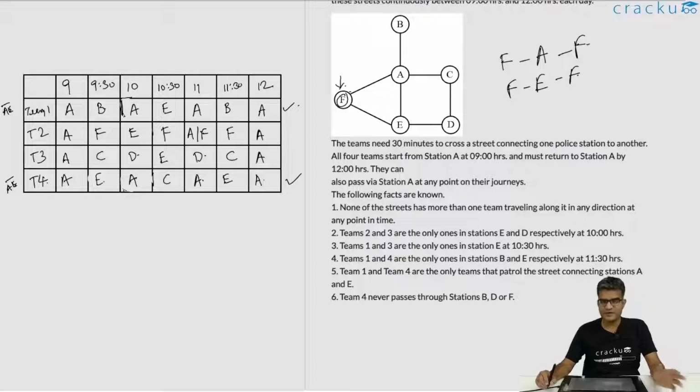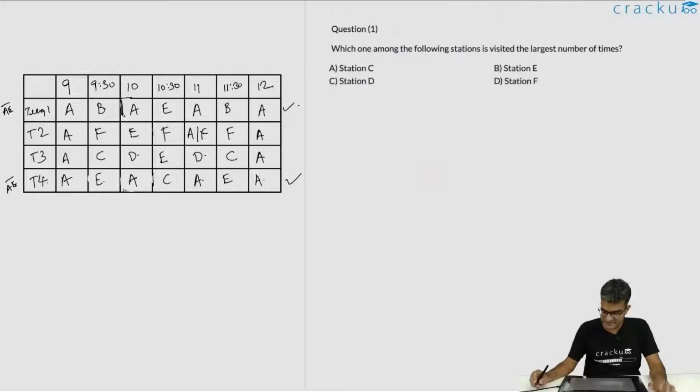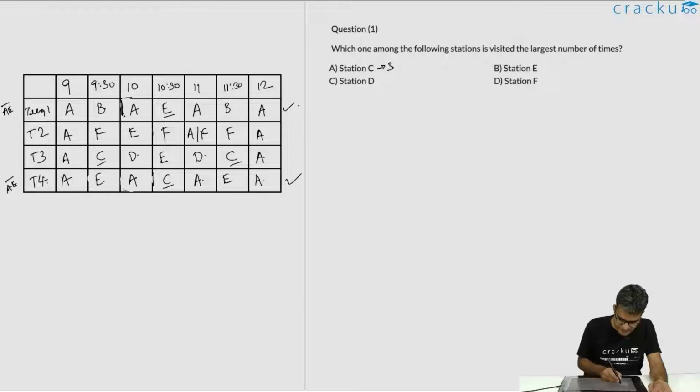With this table, let us go ahead and answer the questions that follow. Which among the following stations is visited the largest number of times? Station C, how many times does it occur in the table? It occurs 1, 2 and 3 times. Station E, how many times does it occur? It occurs 1, 2,